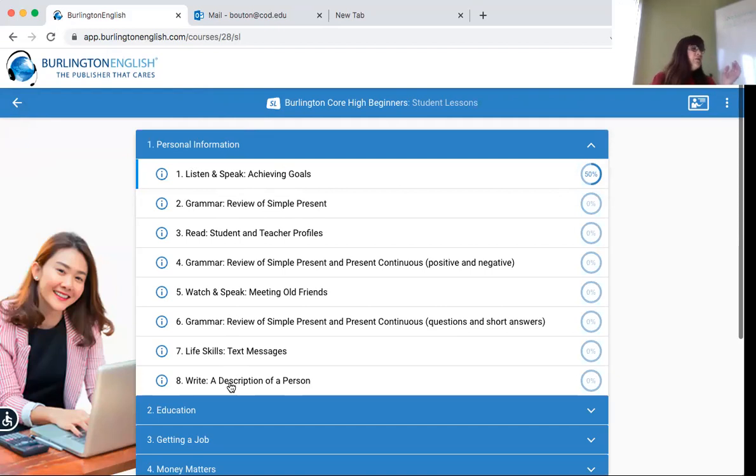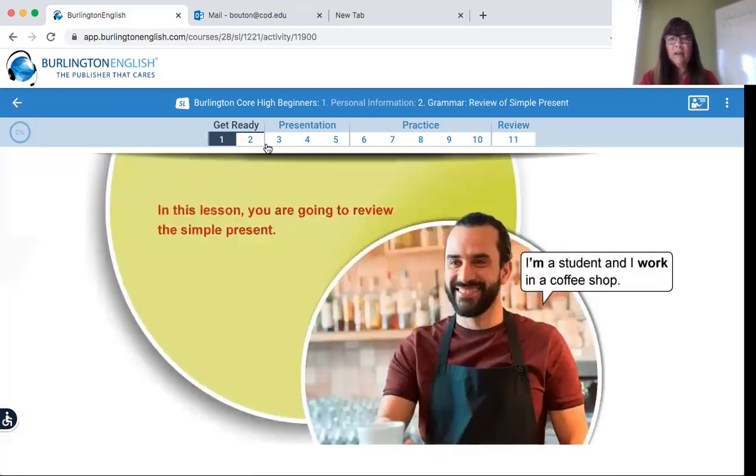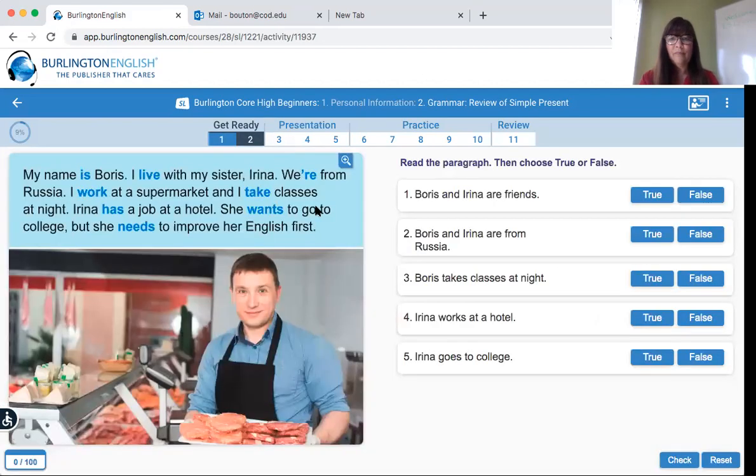So there are a lot of different areas for you to work in, okay? So again, you have lessons across the top. Get ready, you're just reading. You see there are words that are bold. You're choosing an answer, true or false.